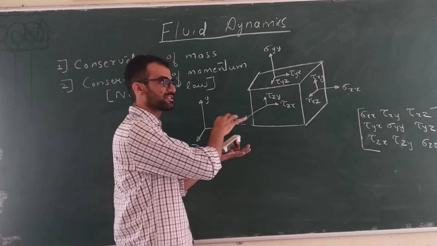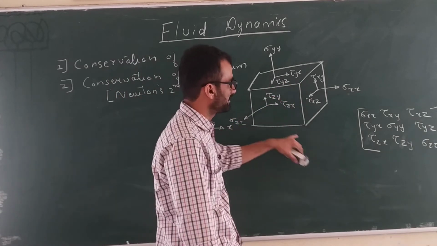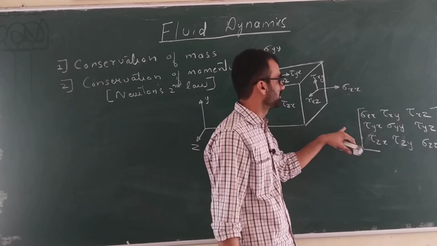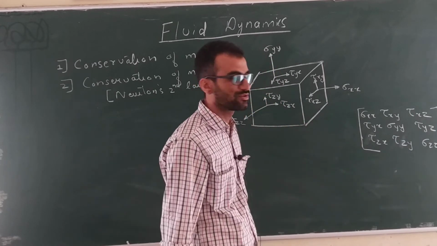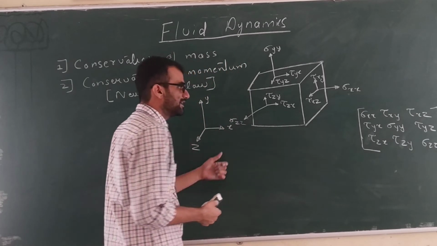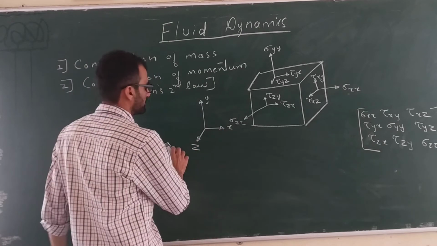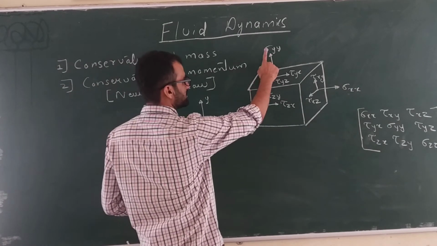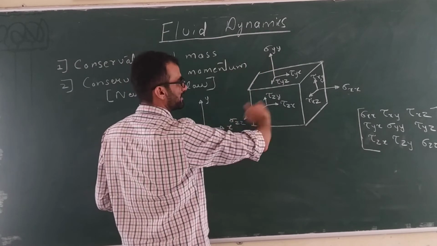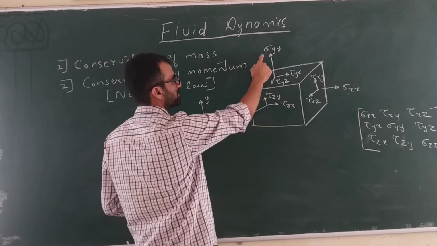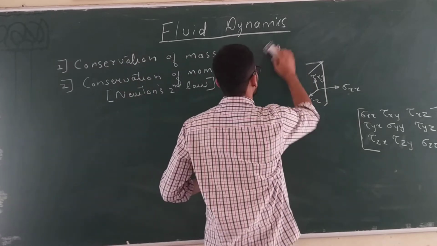Whenever a system of forces acts on a fluid element, it will be under a state of stress called the stress tensor. So in this way stresses would look like. Now while deriving the equations of motion you have to consider all these stresses. Sigma represents the normal component, so I have used the symbol sigma, and tau is for the tangential component. So this is all about the state of stress.